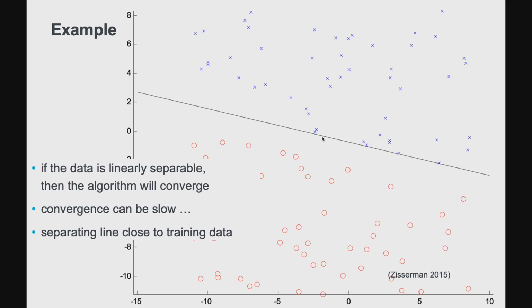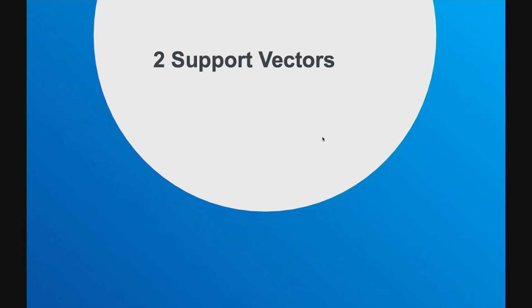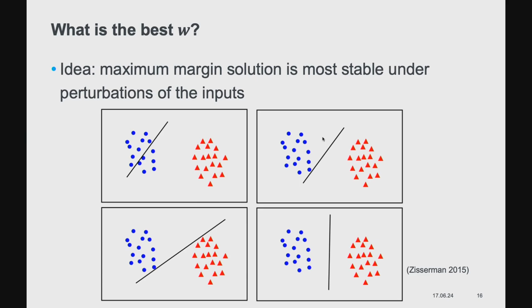So we converge here. Well, convergence is also not very fast, but what is even more disturbing is that the separating line is just very close to the training data of one of the classes. And this is an observation that has led to the development of the support vectors. So what is the best W? The idea is, if you look at these different examples, this is clearly a wrong vector, right? Because it doesn't separate the two classes. This is a correct vector, but here this point is very close to this